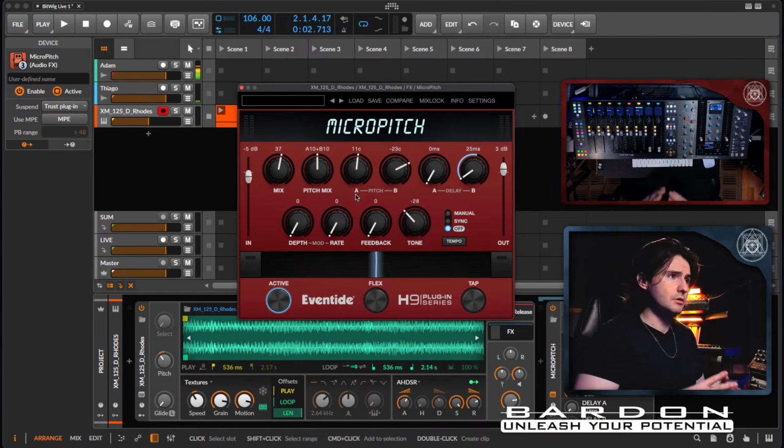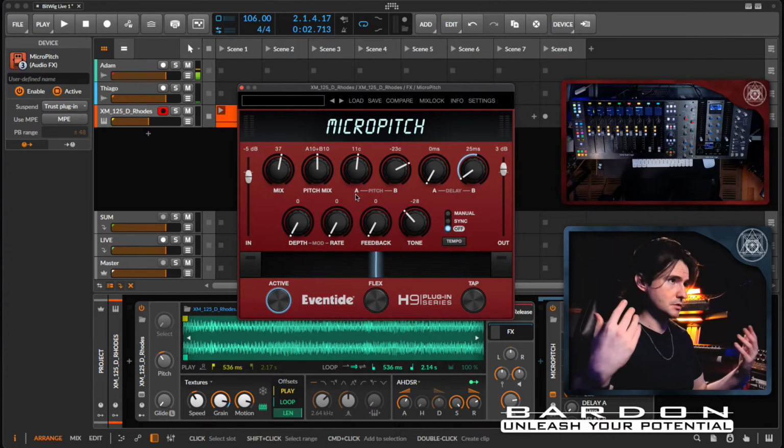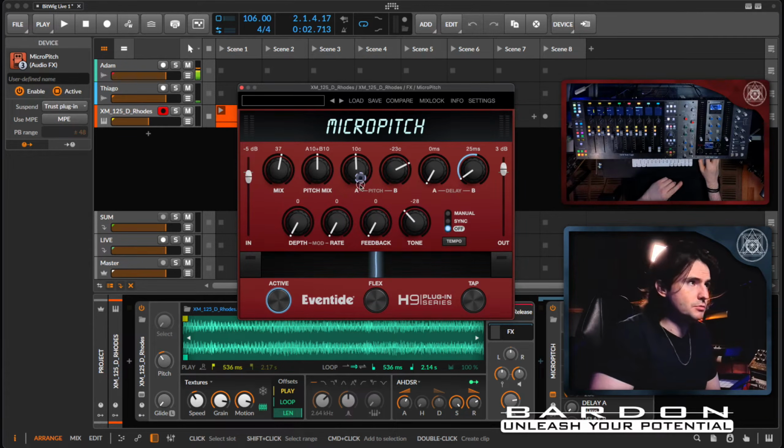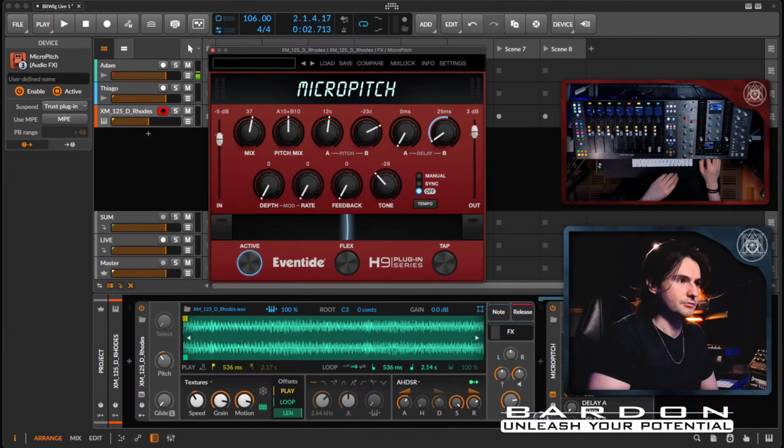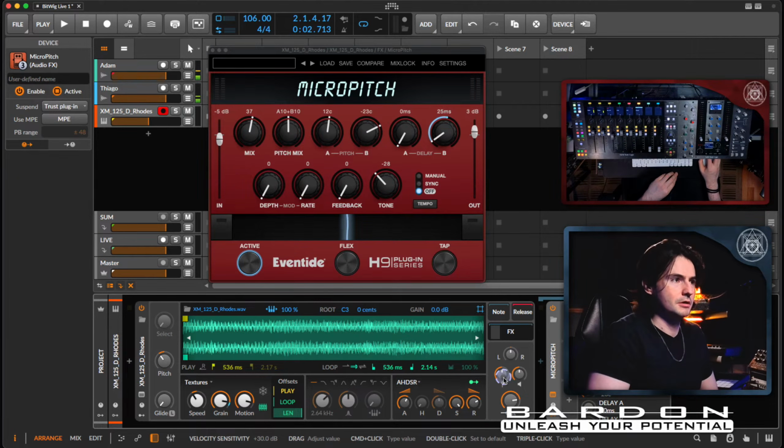It made the sound a little bit wider, because that's the point of MicroPitch. But you saw me doing this because I'm testing something that you cannot do outside of Bitwig, but you can in Bitwig. I'm going to be modulating this bad boy through the use of an LFO. Theo already knows what's going to happen, but for those of you who don't know, I'm going to bring back